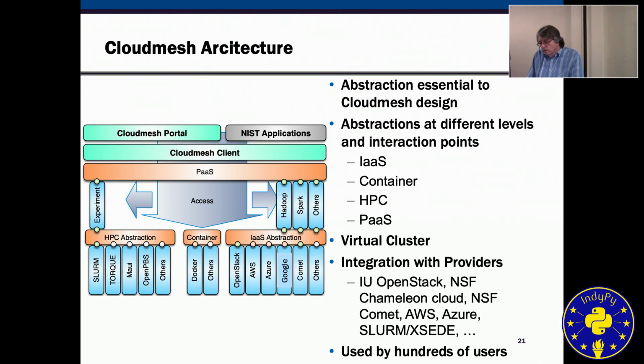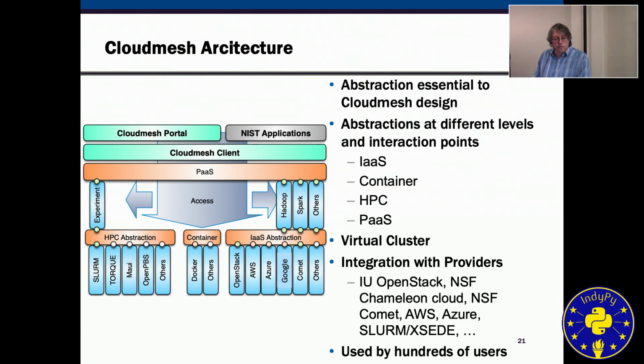our previous work from Cloud Mesh, which has its own architecture, and the architecture is very simple. It's a layered architecture where we leverage platform as a service, HPC abstractions, containers, and infrastructure as a service, and expose this to a Cloud Mesh client. The Cloud Mesh client is our API in Python that exposes all of these services to a Python API. And I don't claim that we have completed that implementation. That's naturally an academic project, but we can make that more stable in case there are some wishes being formed. This is, I would like to see this or that or the other, and then we can integrate this.